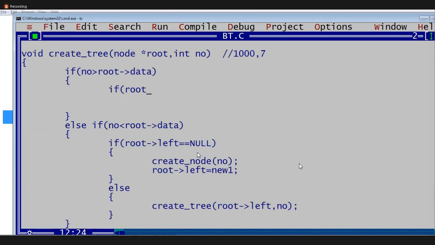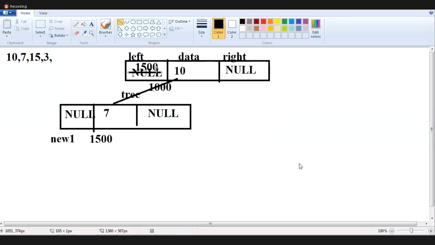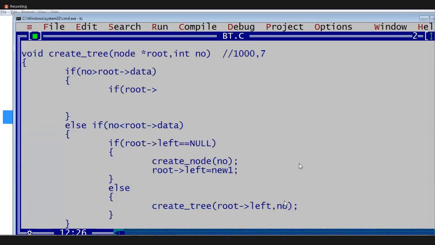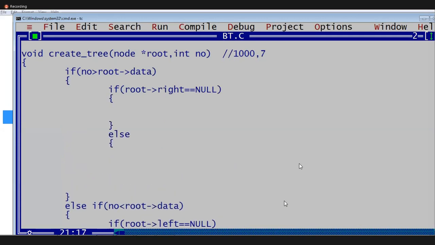If root left equals, I entered 15. When I entered 15, this is checked with greater than or not. If it is greater than, again the null condition, we have to write both. Root right equals null, else if it is not.